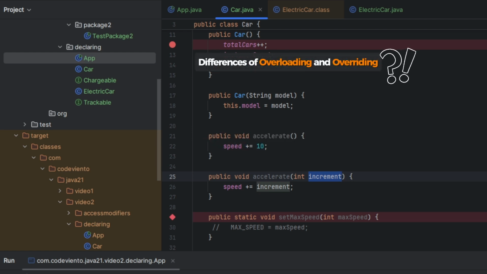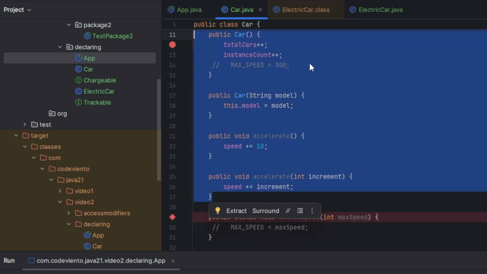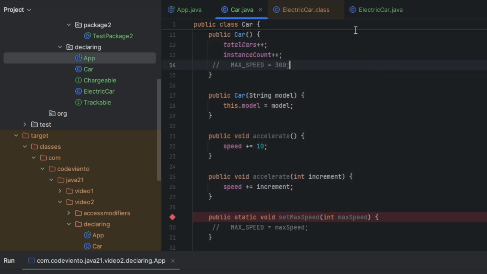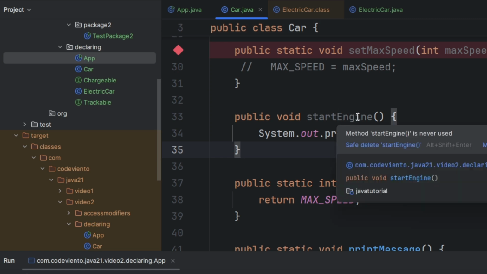And it is very important to know what overloading is and what overriding is, and their difference, because generally in interviews the difference between overloading and overriding is asked. Let's check what overriding is also. In our car class, we define another method, startEngine.